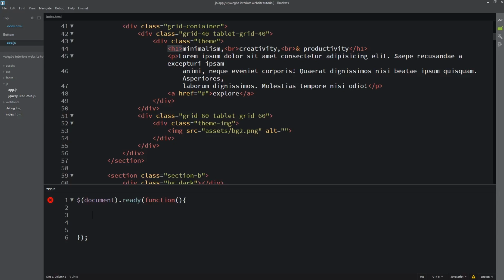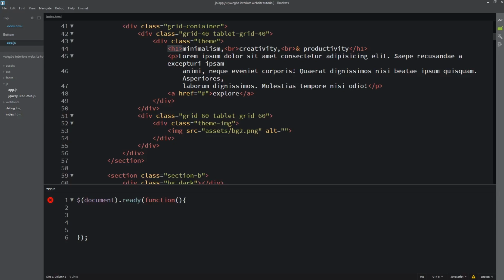The empty method removes all the inner HTML, all the content inside the particular element you target. For example, if you call the empty method on a section element, and inside that section element you have child elements like div, image, anchor tags, paragraph, list, navigation, and so on, the empty method removes all those children.